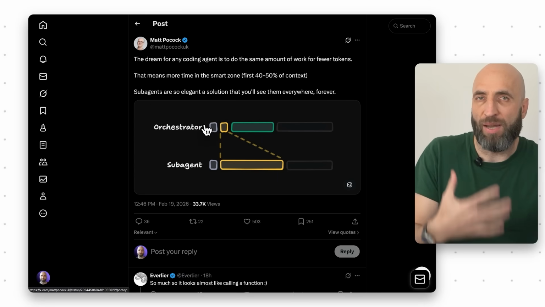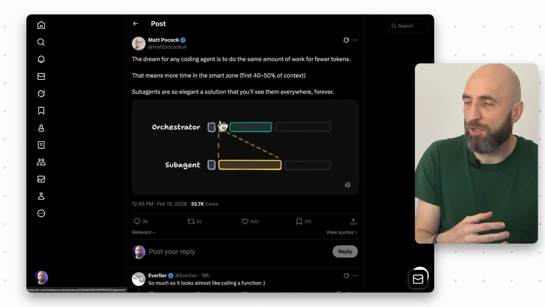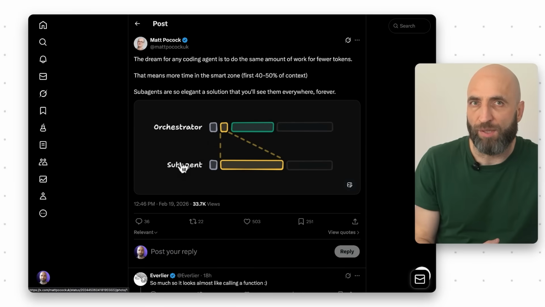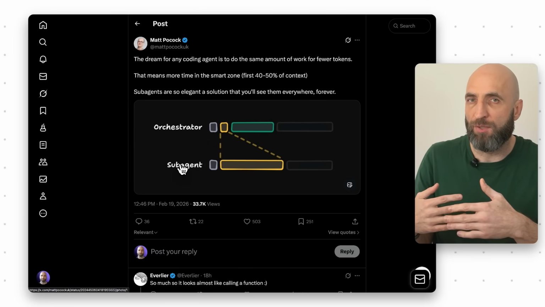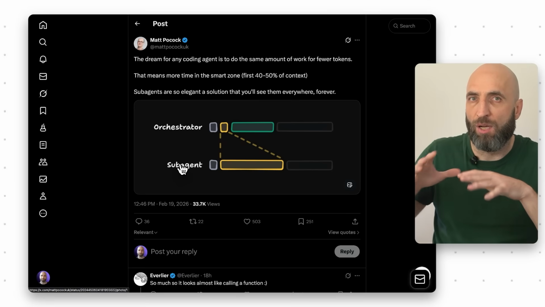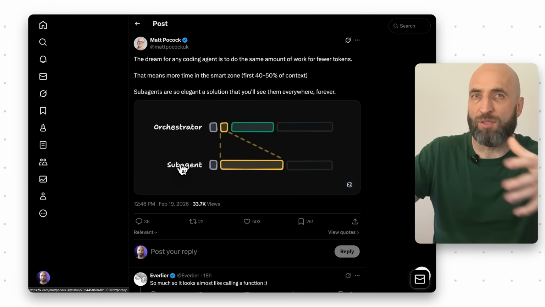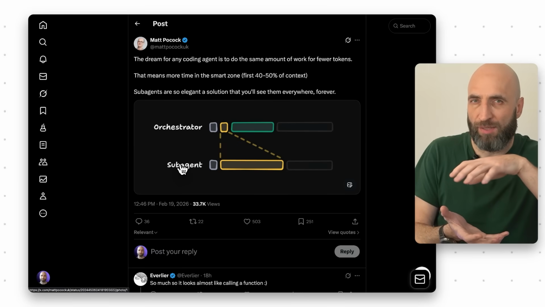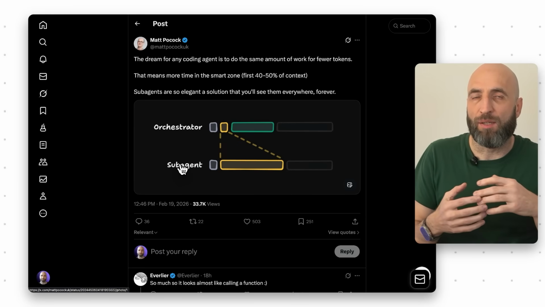And your main agent only does coordination instead of all the work. And this works wonderfully. This is also how I do almost all my research, where the orchestrator launches sub-agents and then gathers all the content and research,